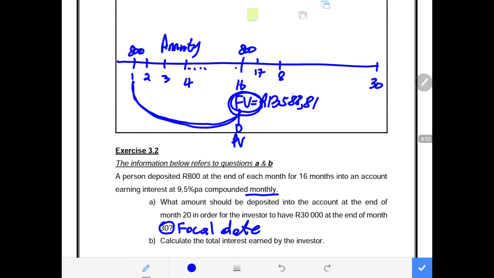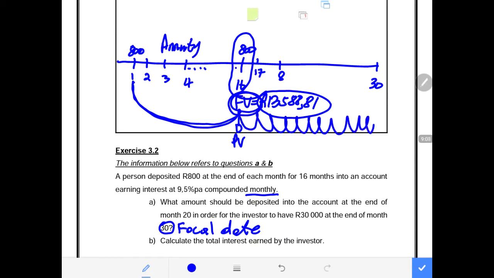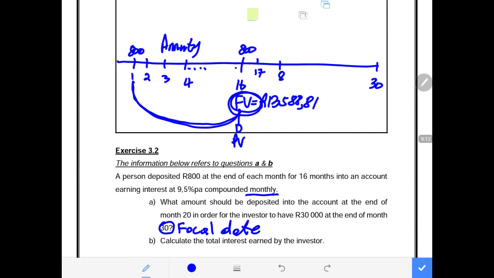Then we say this 13,000 is the balance that is in the account at the end of month 16. So now this amount will remain in the account in month 17 earning interest, month 18, month 19, 20, 21, 22, 23, up until we get to month 30. So now this future value, we need to make it a present value. Why do we make it a present value? Because we are looking for its future value at the end of month 30. So now this will be the present value, where we say